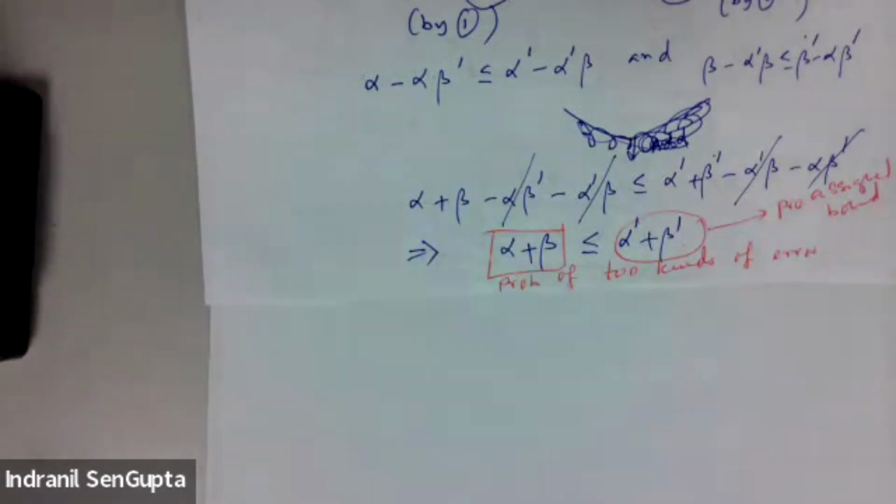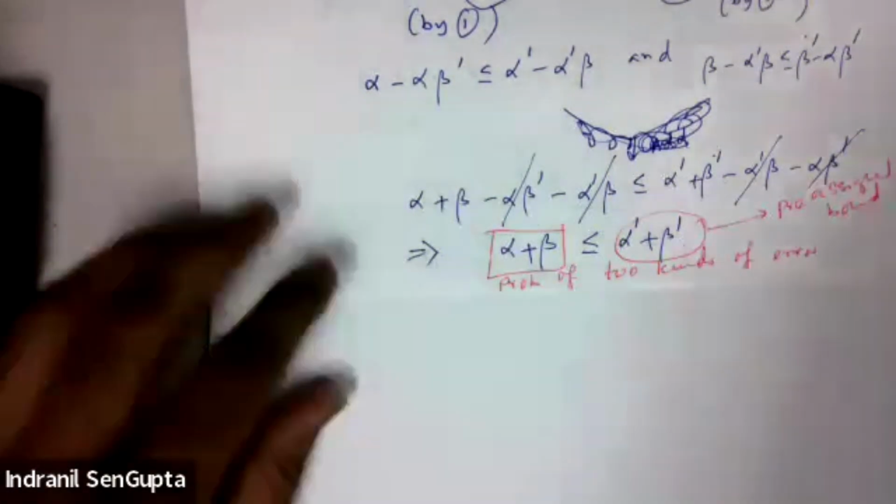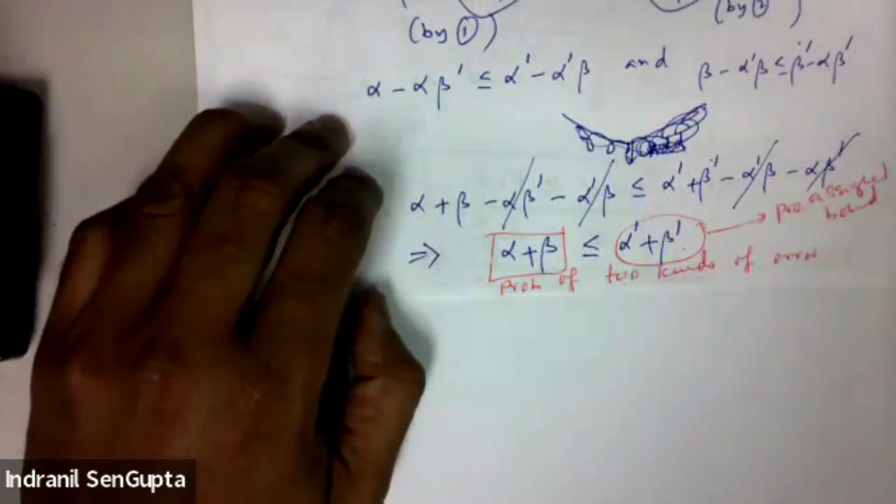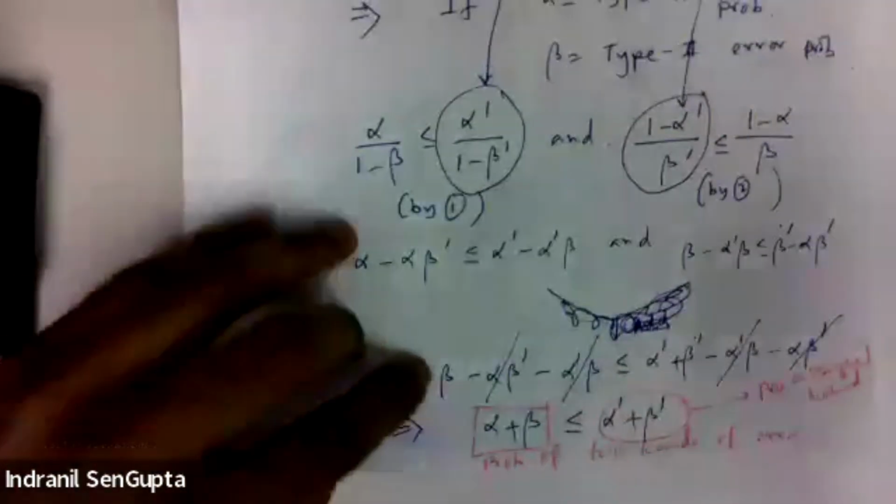So if we choose alpha prime and beta prime at the very beginning, then the probability of the two kinds of error combined is bounded by this number. Okay. I can even find the bound for instance, let's name this number